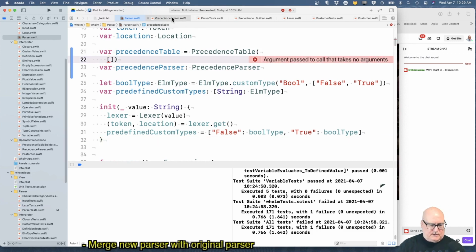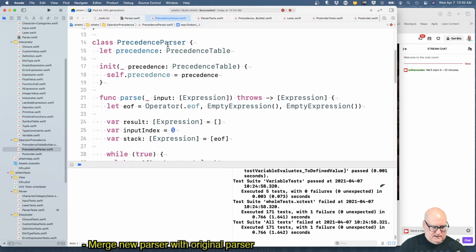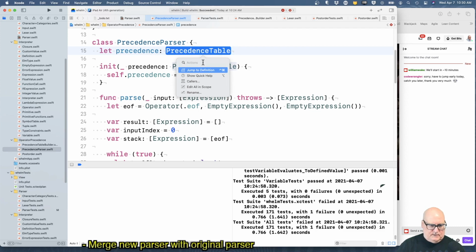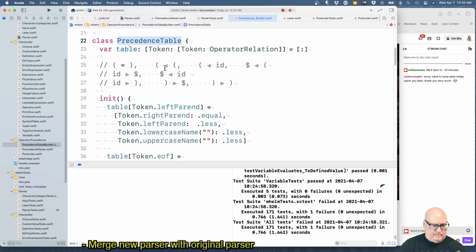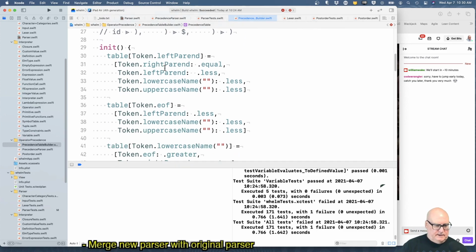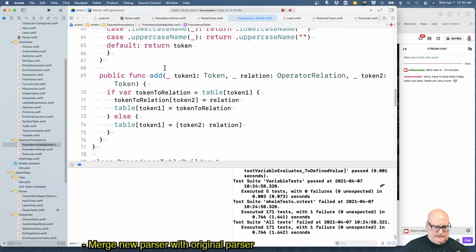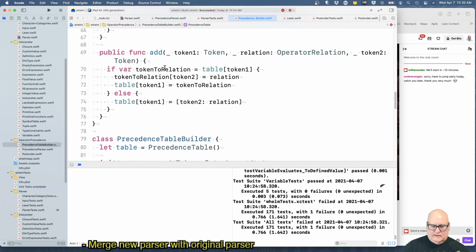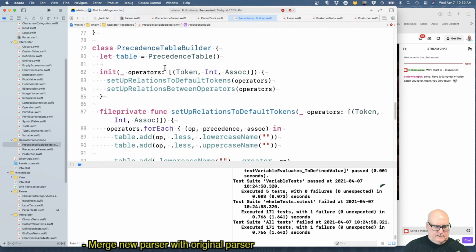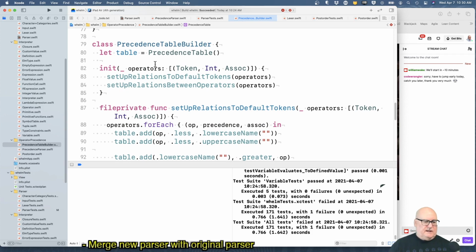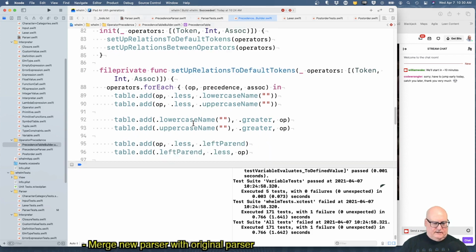Let's go back to precedence parser, precedence table. Right, init. And we have to add, right? Precedence table builder. Okay, we give that thing the list of stuff. Okay.